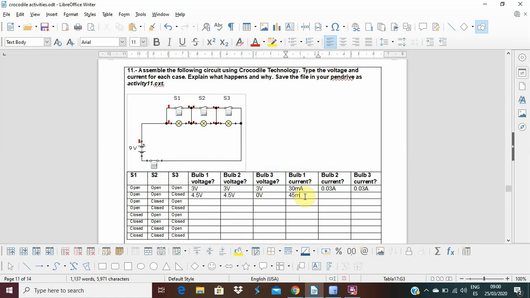current 45 milliamperes, 45 milliamperes, and 45 milliamps. Okay, you have to continue filling in the table